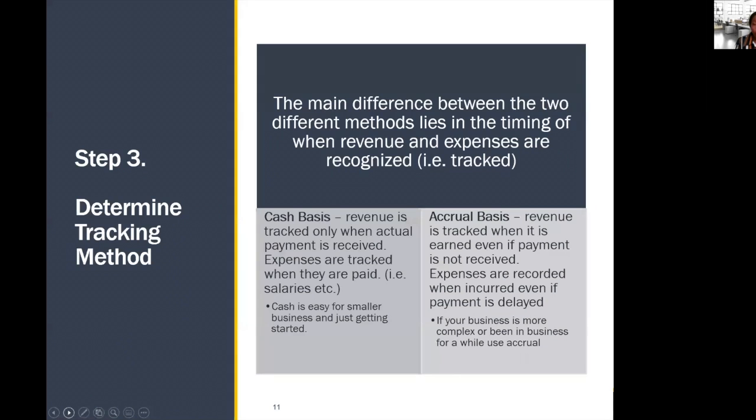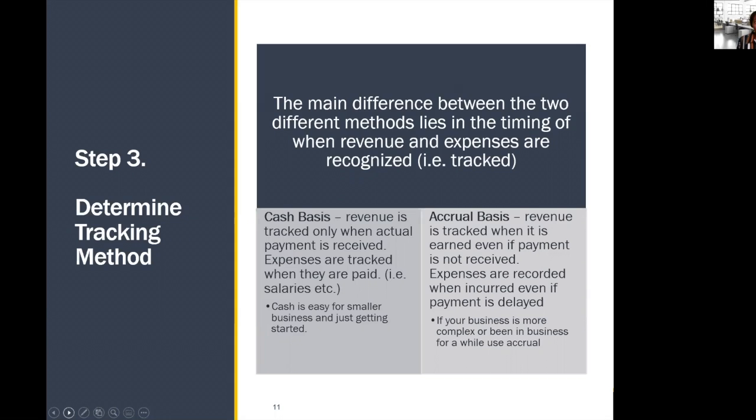accrual basis. So as I mentioned, the main difference between the two different methods is the timing of when your revenue and expenses are recognized, or basically when they are tracked. So for example, cash basis is what you would think, which is basically when cash is received. So revenue is tracked only when the actual payment is received. Expenses are tracked only when the actual payments are paid. So under cash, and by cash, obviously if you're using a debit card, check, whatever, it's only when the money is flowing in or out of your account is when you would log that particular